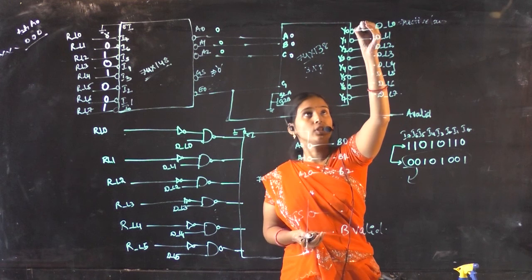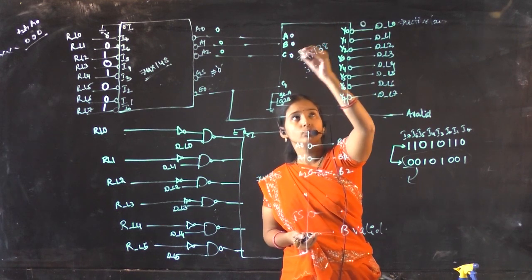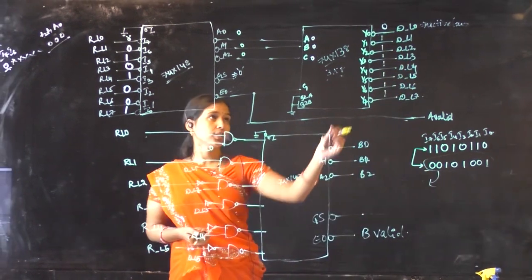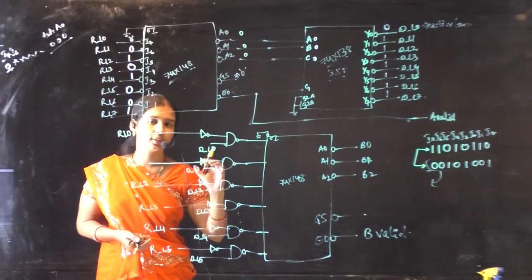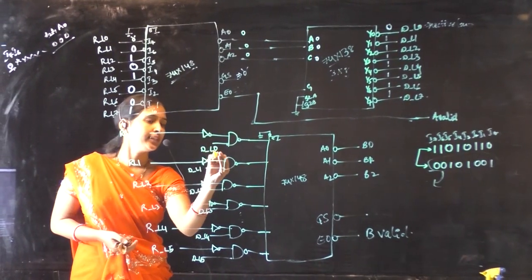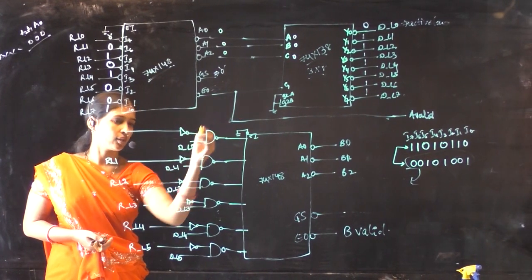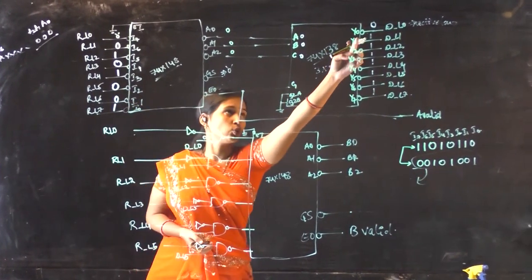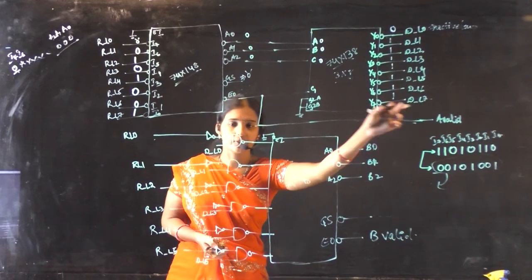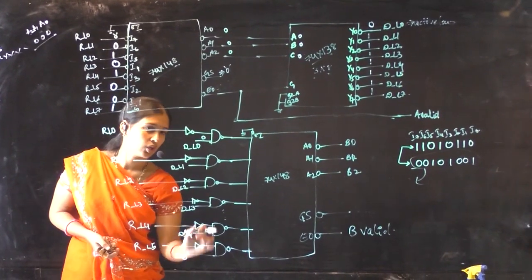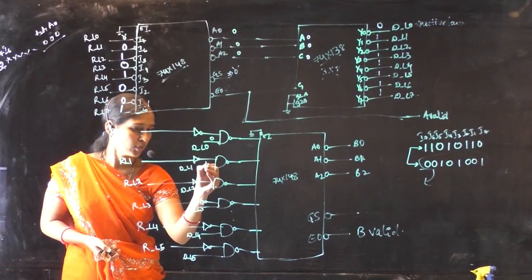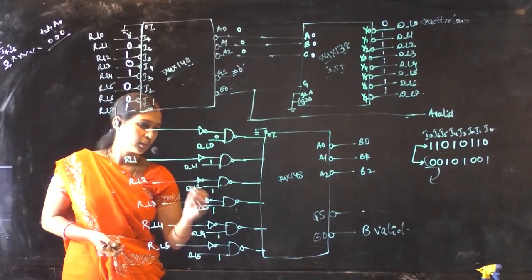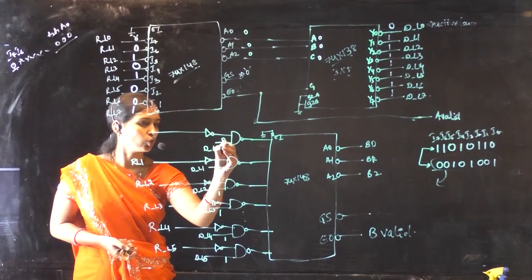Active low means it will provide 0 here, so Y0 is 0 and all the remaining are 1. Those outputs are provided here. You can see here, this is your DL0. DL0 is 0 there, so that is what I am keeping here. Whatever the data inputs, that is Y0 to Y7, that is DL0 to DL7, I am providing those active low signals here. DL0 is equivalent to 0, DL1 is equivalent to 1, and all the others will be active high. Only DL0 will be active low here.